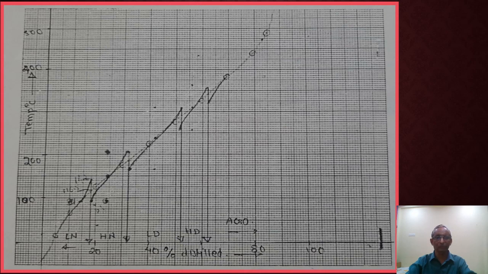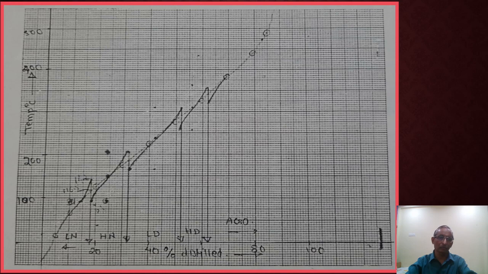Light naphtha, heavy naphtha, light distillate, heavy distillate, HGO. So first you have drawn the TBP curve, from the experiment you are performing in the laboratory. Then you have located the cut point on the TBP curve. First cut point 116.2. Then your first product is light naphtha. Light naphtha end point you locate on this vertical line. Then whatever the TBP curve is there, you have joined to this light naphtha heavy point. First product 100L we can consider.